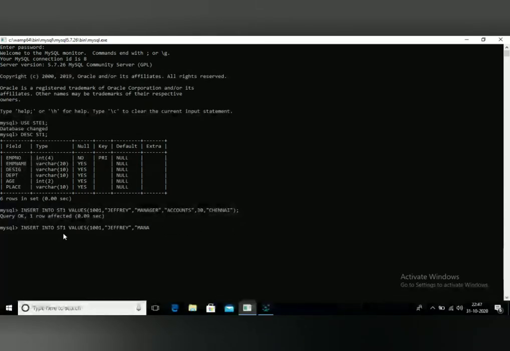I pressed the wrong key, so again and again the same error is displayed on the screen. So 1002, comma, and suppose manager, I'll give manager.